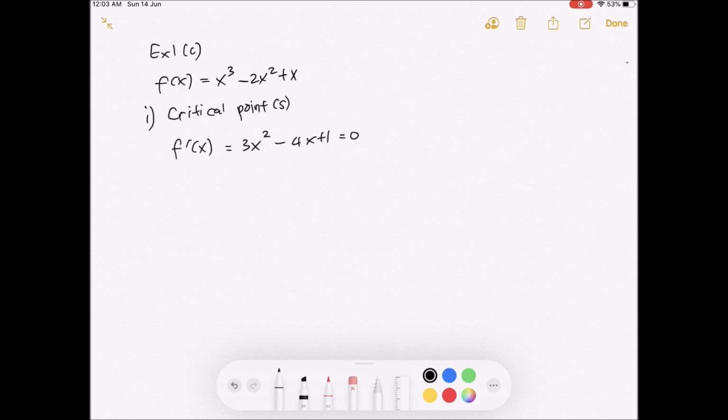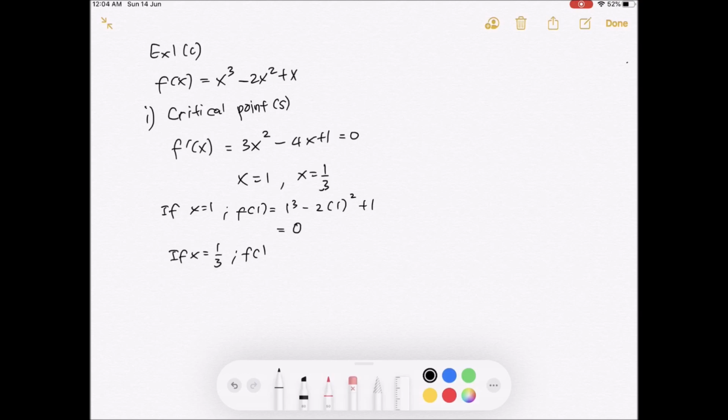I find here that x equals 1, and another one is x equals 1/3. If x equals 1, then f(1) will be 0, and if x equals 1/3, then f(1/3) will be